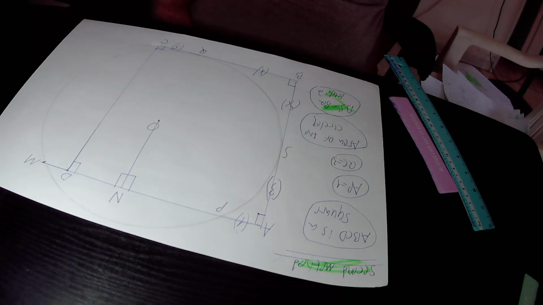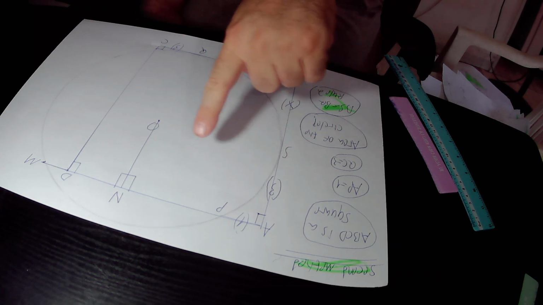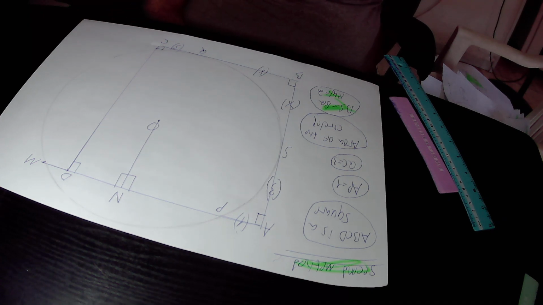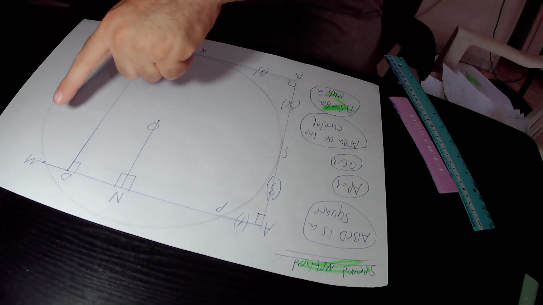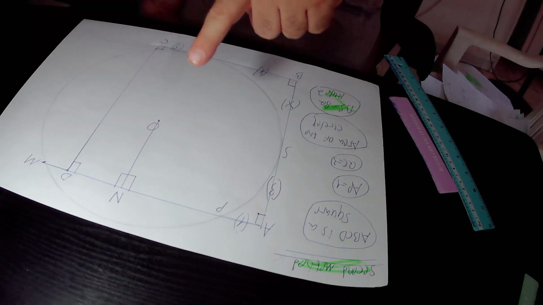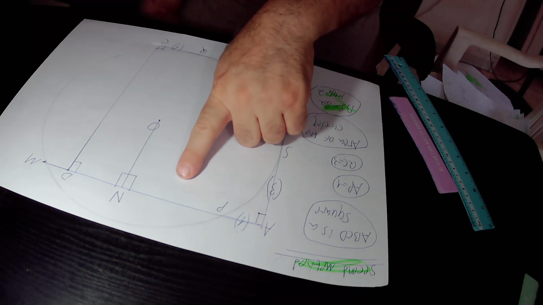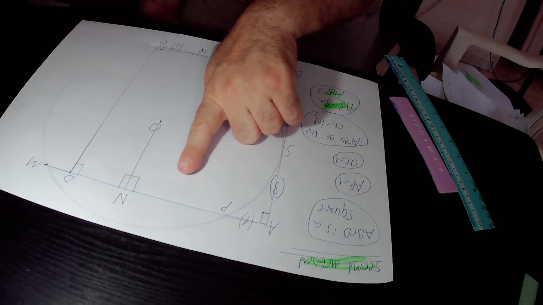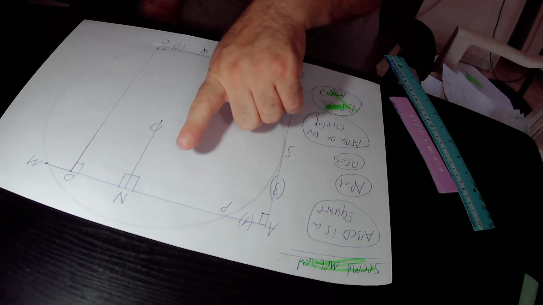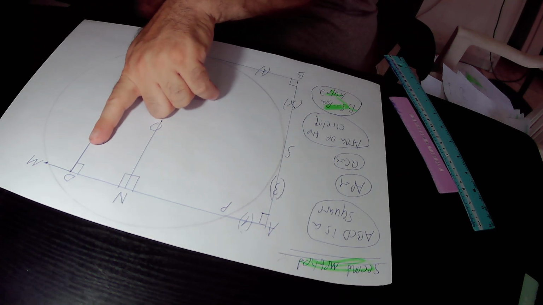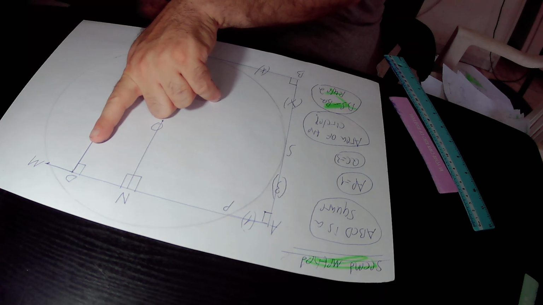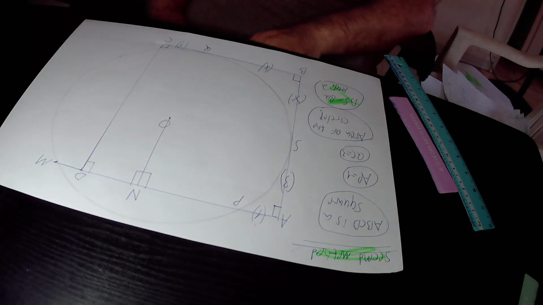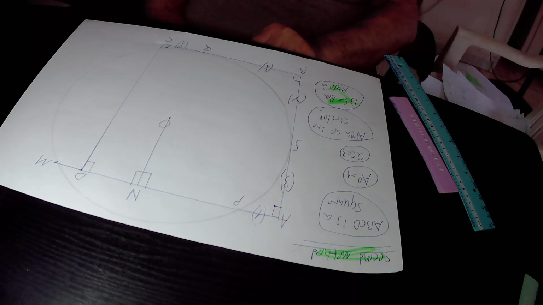That is to say, perpendicular ON divides chord PM into two halves. Each half equals PM over 2. So the first half is PN, that is equal to PM over 2. The second half is NM, that is also equal to PM over 2. So I write it down. So according to rule 11,